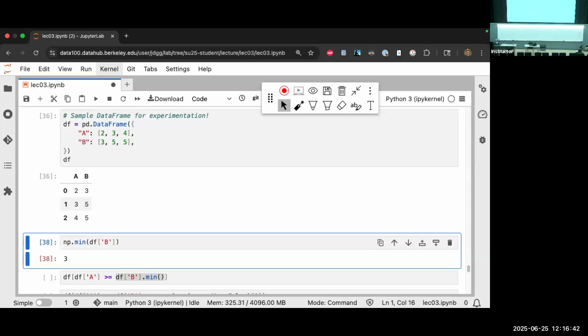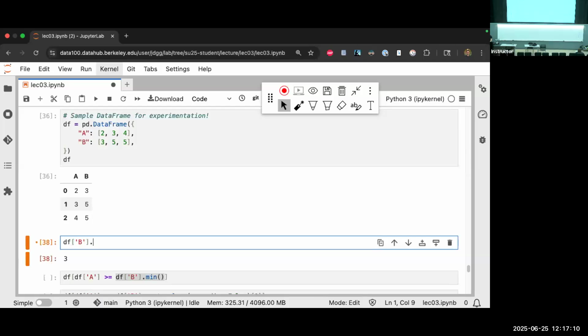A lot of these pandas methods are very flexible. Don't be worried about breaking stuff. Try it. See if it matches your expectations. Ask an LLM, right? See if it tells you, yeah, it's probably better to do it this other way. Can anyone think of a reason why dfb.min might be preferable to np.min? Not for computation reasons, but just as a data scientist, making your life easier. Why might dfb be a little bit better? Or just make your life a little bit easier?